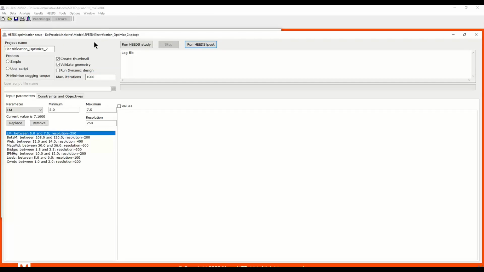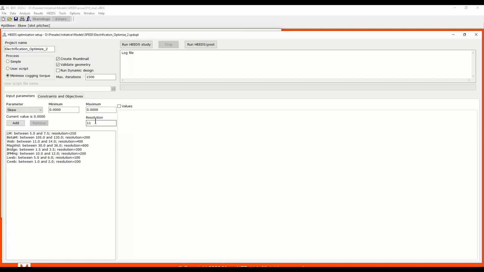To set up the problem, it's extremely easy. You have to set up your input parameters, which leverages the fact that Speed is analytical. You have access to all the design parameters. All you have to do is simply select from the drop-down list the parameter that you would like the optimizer to change and vary. Once you select it, you select the minimum and maximum values where you'd like the parameter to change, and the resolution of the change, so how many data points between the minimum and maximum.